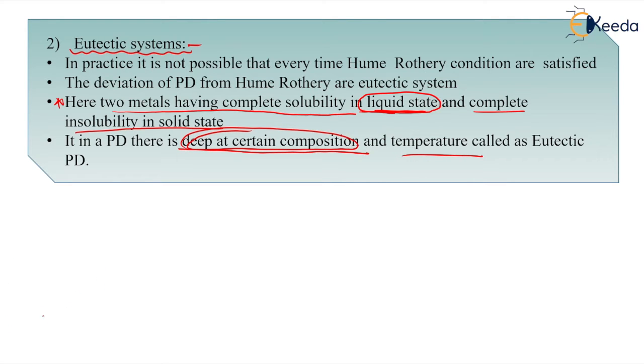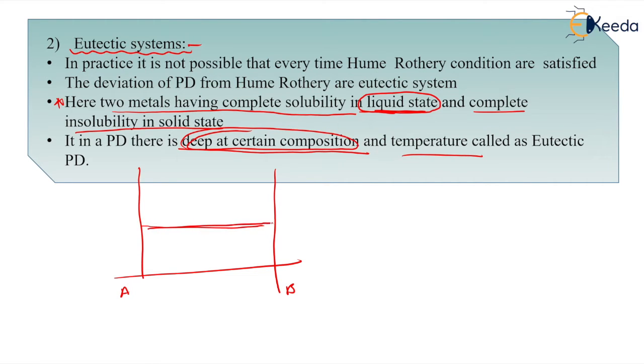Say, for example, I have a phase diagram like this. Say this is element A and this is B. I'm not showing the solid solutions directly. Say this is liquid here, the melting temperature of A, the melting temperature of B. Say for example, I write A plus L, B plus L, and here A plus B. The phases should be written in Greek alphabets. That is a rule. We know that.